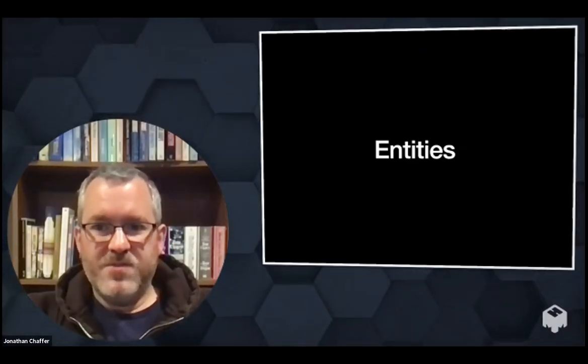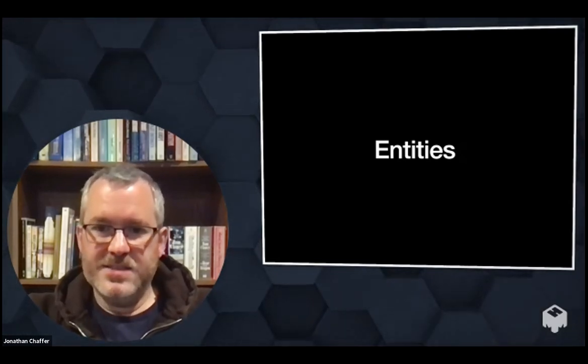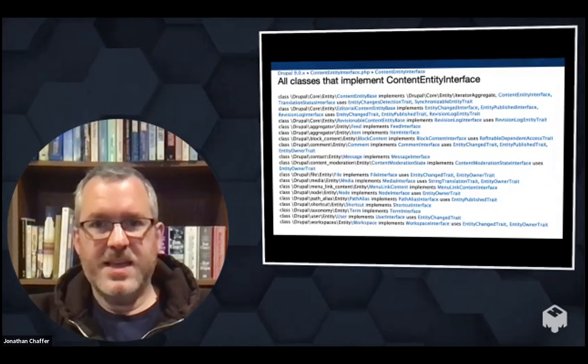Now in Drupal 8, entities have become even more fundamental. Even more things are types of entities. And in fact, there are two different kinds of entities. There are now content entities and configuration entities. So this next slide,